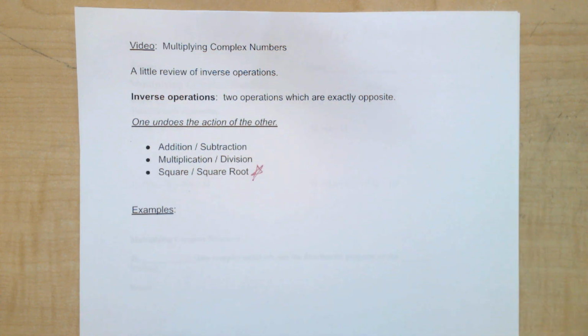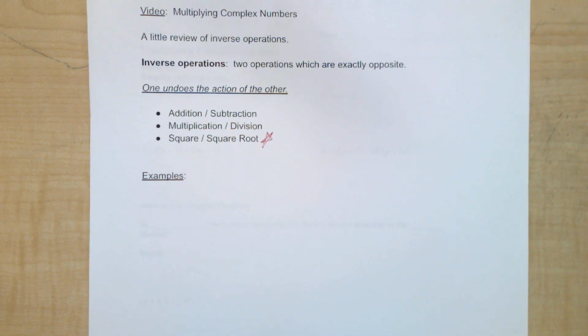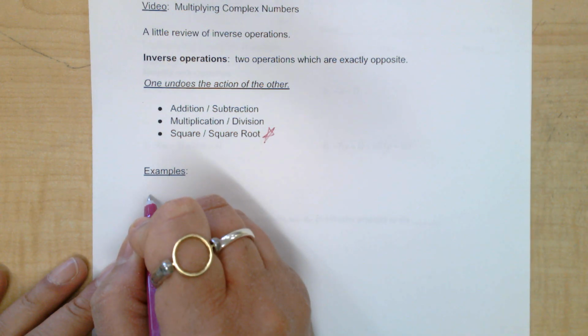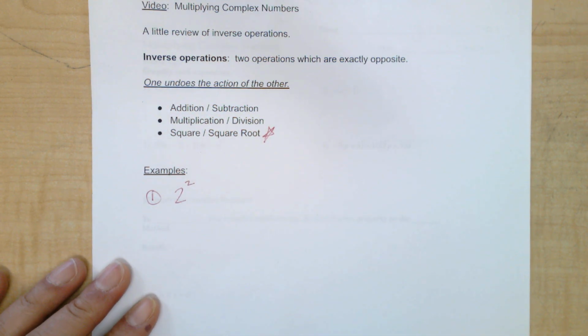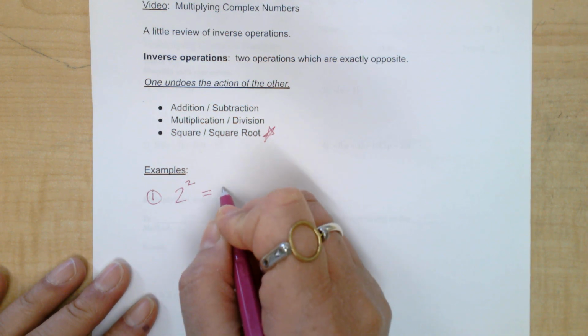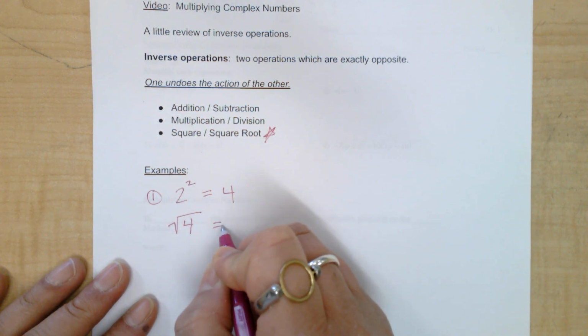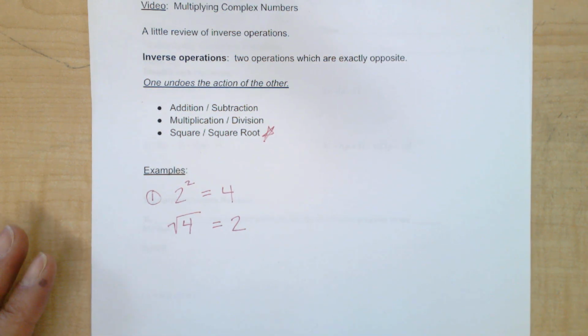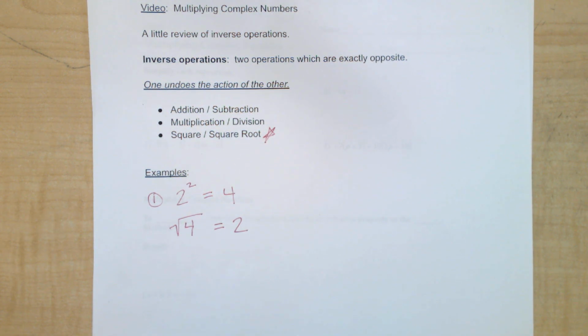And this is the one that we're going to look at right now, which will help us to multiply complex numbers. An example. First, let's take the example of squaring 2. So we have 2 squared. That means 2 times 2, which is 4. If I take the square root of 4, you're right, I get back 2. Now I'm not solving here, so I don't need those two answers. I don't need 2 and negative 2 right now. We're just talking about positive numbers, staying positive numbers,